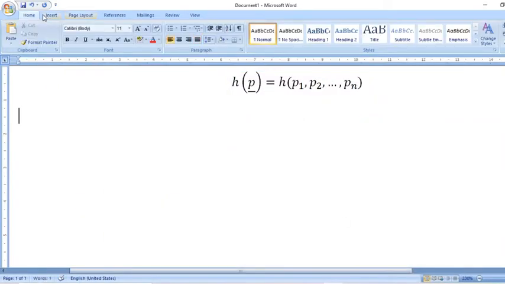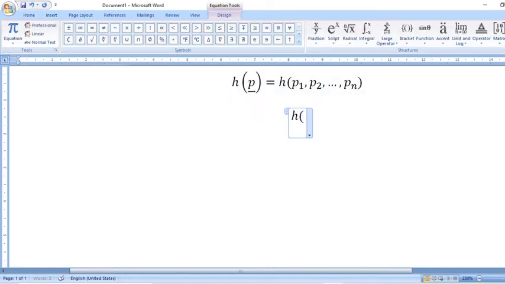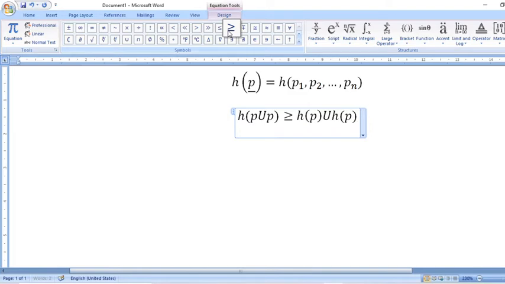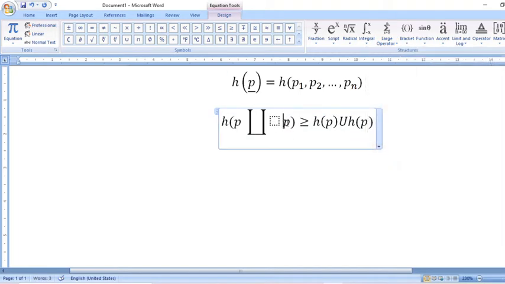So first result is h of p union p dash greater than or equal to h of p union h of p dash. This union is nothing but